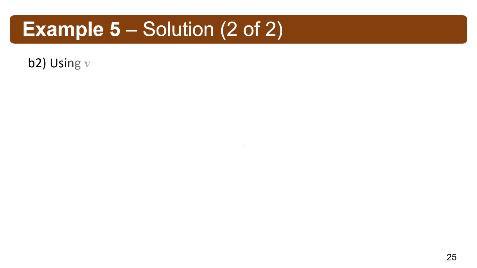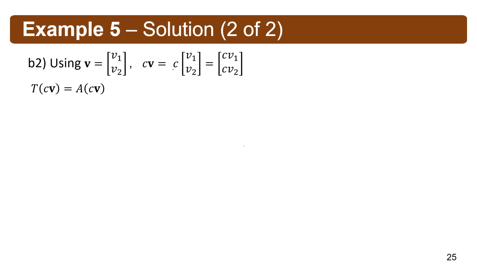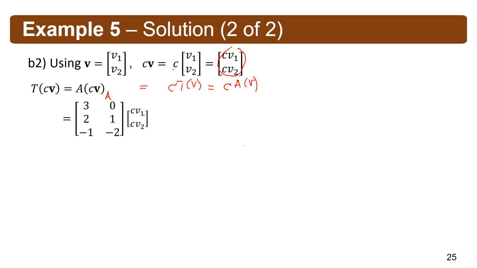All right, next, for the scalar multiplication, we'll just use v. We don't need two vectors here, just v and the scalar. When we multiply the scalar, that will be cv1 and cv2. We have to show that these two are the same, of course, and it should also be equal to c times the transformation of v, which is the same as c times the transformation A of v. Remember this is the A given in the problem, and we apply it here. We use now the c.